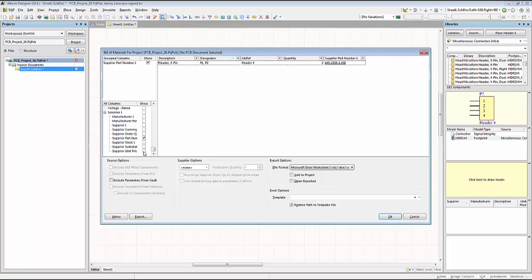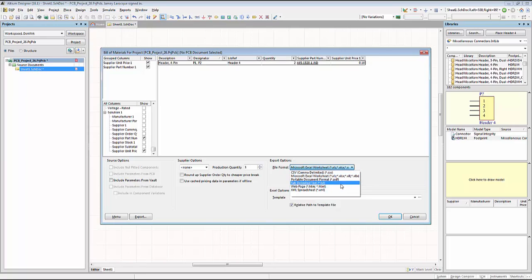We also want to have the unit price showing as well, because we'd like to see how much this bill of materials is going to cost us. So you can then group this as well. Enabling or disabling any of these parameters will allow you to show or hide any parameters within your bill of materials. You also have the option of selecting your currency, your production quantity, as well as export options, because you have several formats that you can export this bill of materials into, including an Excel spreadsheet, a XML spreadsheet, CSV,